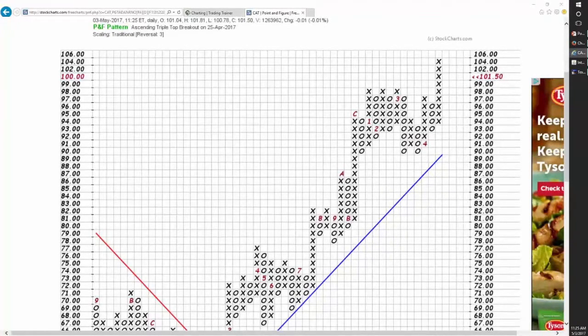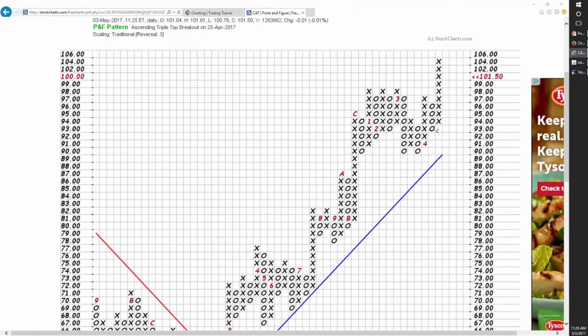When I learned the analysis methods around point and figure charts in the late 90s, I had the whole world open up to me. If you're interested in being able to see patterns that you wouldn't otherwise see on a price and volume chart, get yourself some sort of documentation around point and figure patterns. Again, this is off my presentation, but I can't tell you enough how much I love using point and figure